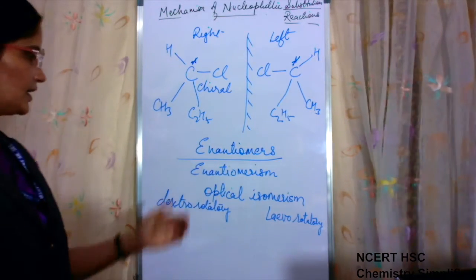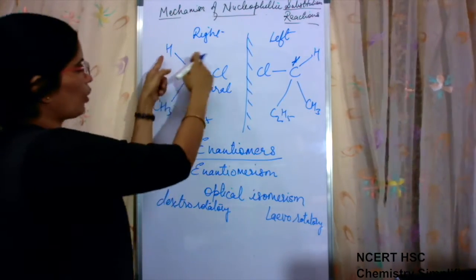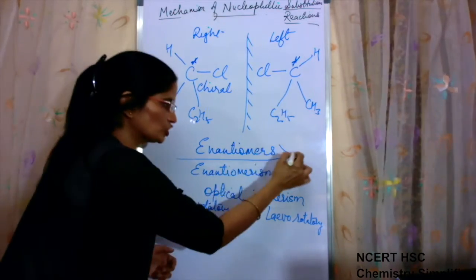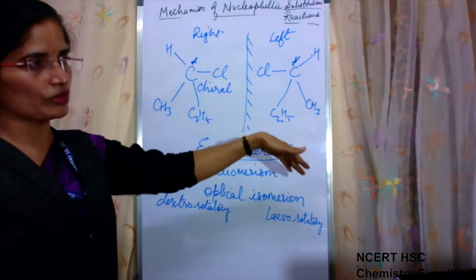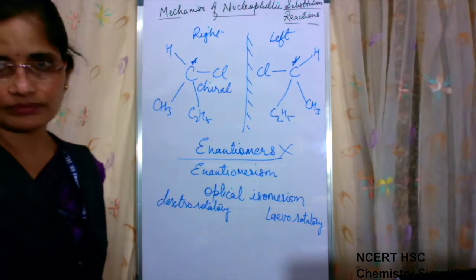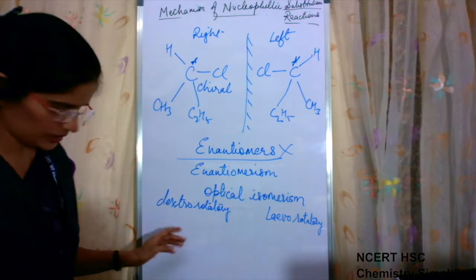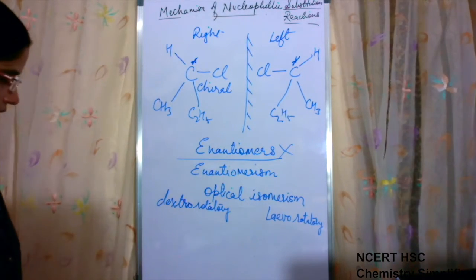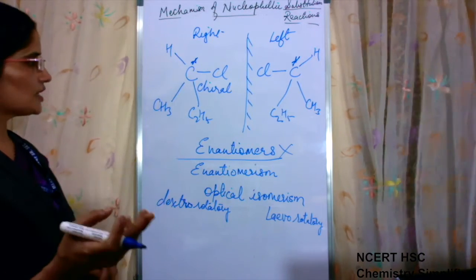So the first condition for being an enantiomer is that all 4 bonds should be different. If these are not different, there is no question of enantiomerism. Bonds should be different, and they should be non-superimposable mirror images. Student: Ma'am, how is dextrorotatory written? Dextro, D-E-X-T-R-O. Dextrorotatory. Okay? So when the 2 conditions are fulfilled,